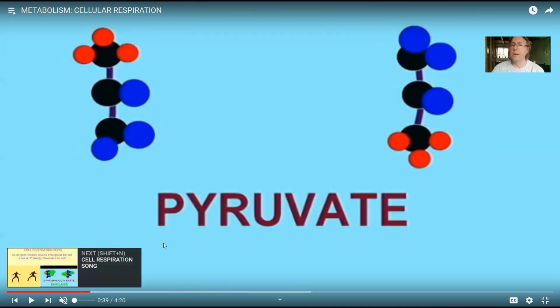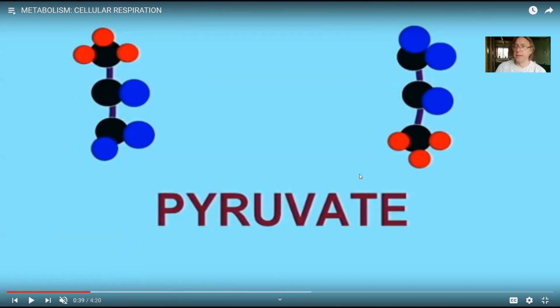Now, before going into step 2, you might have realized that you don't have to go any further. This could be more or less the end process. Unfortunately, pyruvate becomes pyruvic acid, which is toxic in large quantities. So your body converts it to lactic acid, which is better, but still a problem. And that lactic acid, which builds up in exercise, is a cause of fatigue and cramps. So you could continue this conversation in a different direction.